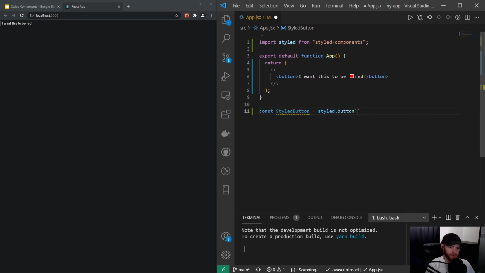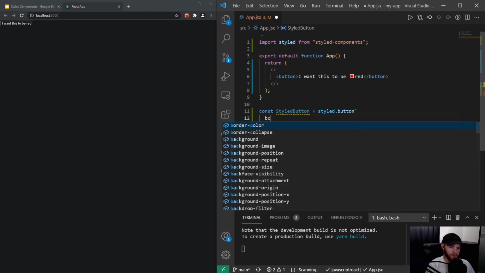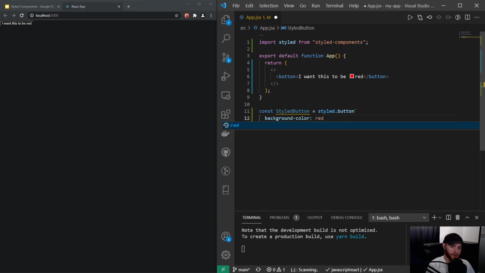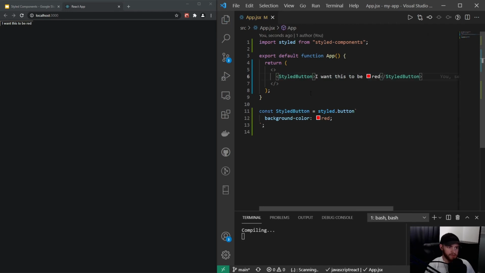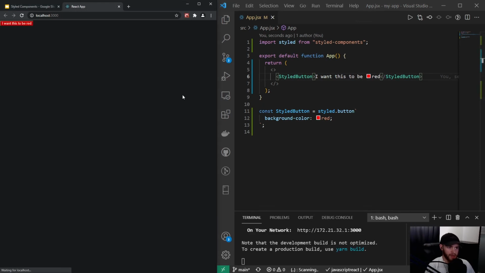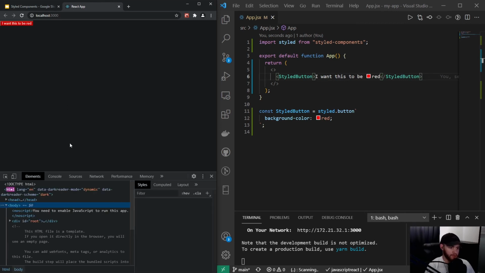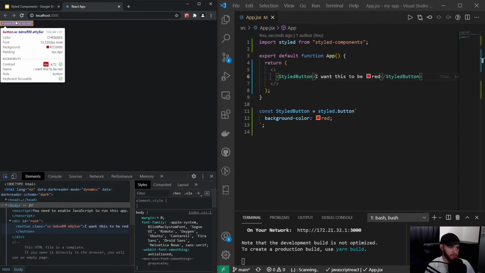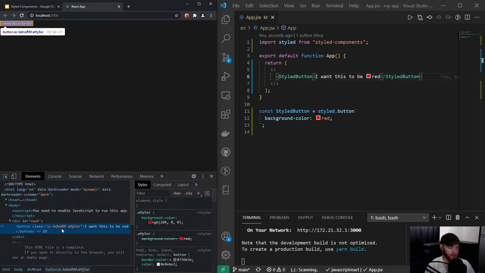And then we have these double backticks, and right in here we can add the styling. So I could say background color, let's see, background color red. And now instead of saying button right here, I will put StyledButton. And now when I save it and I refresh the app, you will see the button is now styled with styled components. And also styled components make sure that we have, just as with CSS modules, that unique